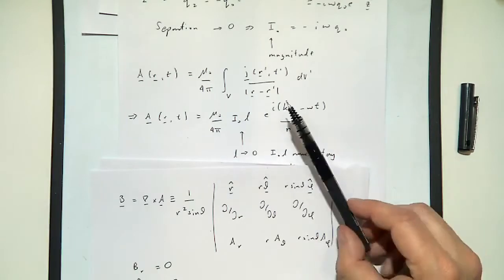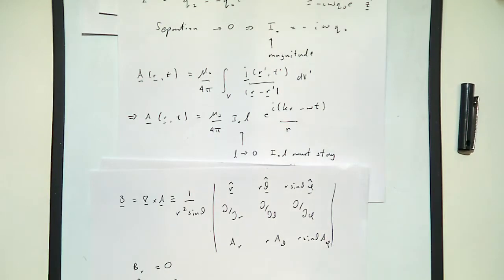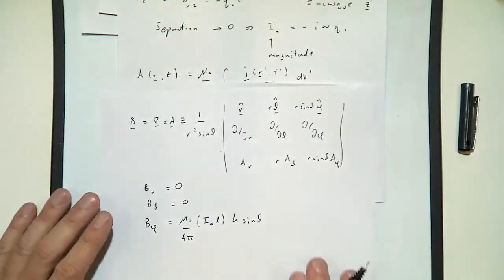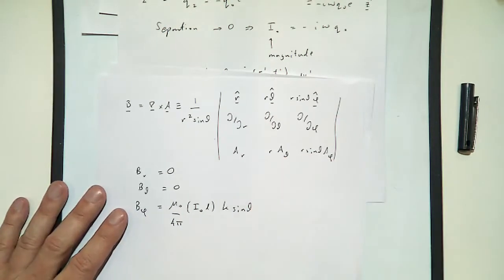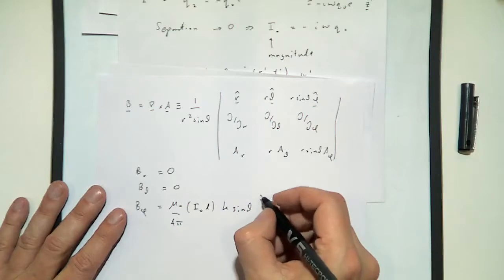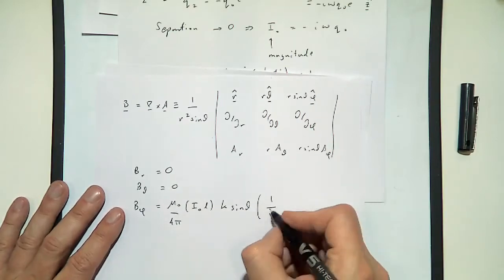Okay, so what that means is this is over k. Okay, so theta, and if we work out these terms,